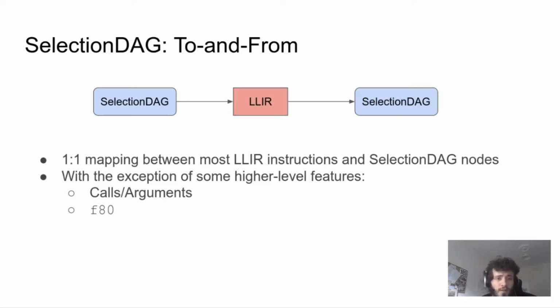Simpler instructions such as add, subtract, multiply, and so on do not really warrant a custom mapping from selection DAG to LLIR nor from LLIR to selection DAG. So we simply map selection DAG to an LLIR instruction and map the LLIR instruction back to selection DAG. But function calls are specific to each target, and even in all of LLVM's backends, they require custom mapping from LLVM IR to selection DAG, and we have that mapping for LLIR as well. Because of these constraints, we actually had very little freedom when designing our new representation.